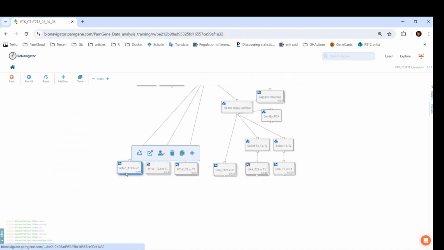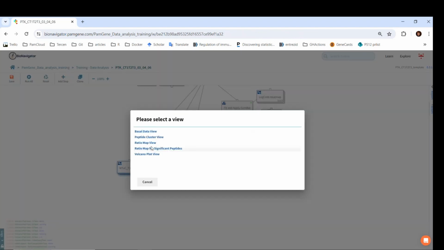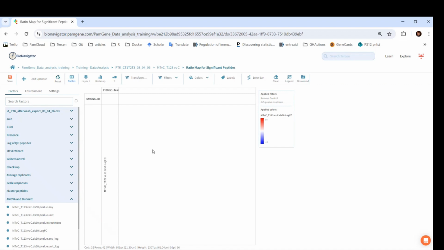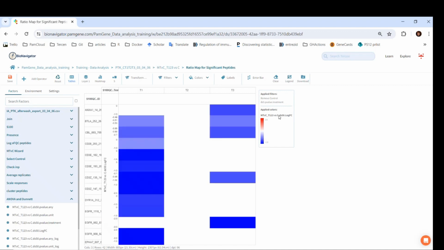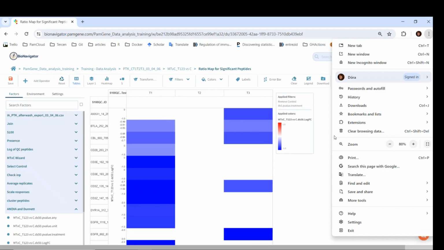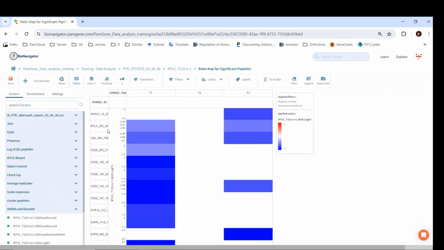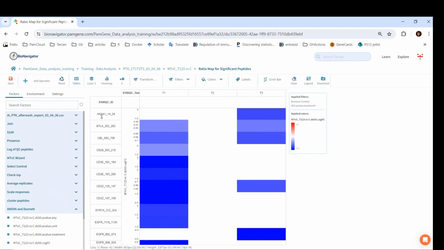Let's look at the view called ratio map for significant peptides. Here, we have the log fold change plotted for each comparison, for each peptide. We can see the name of the peptides here. To have a bit more insight into which proteins could have been phosphorylated in the sample, we can enrich this